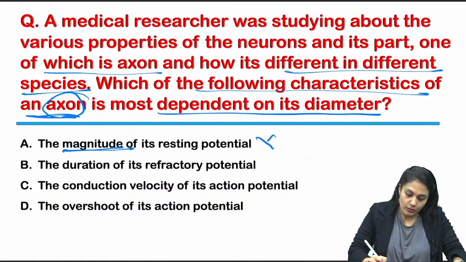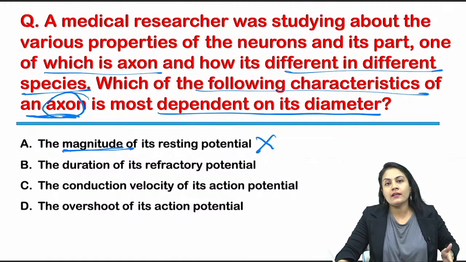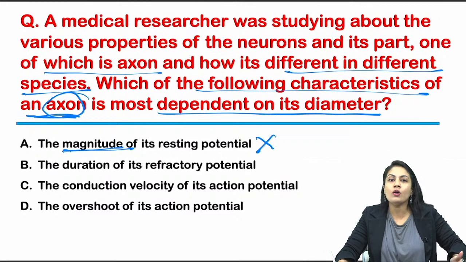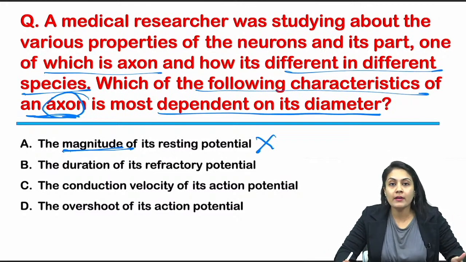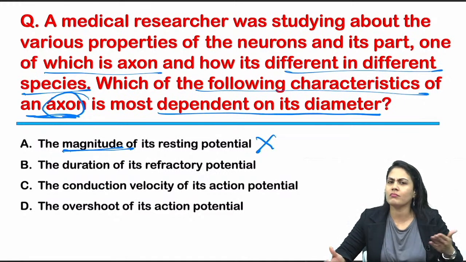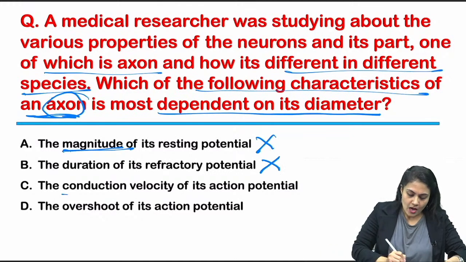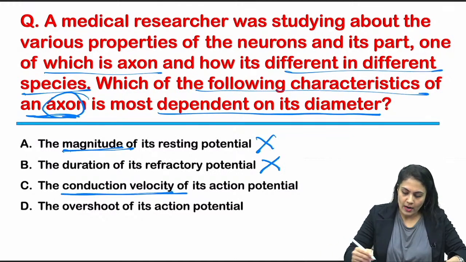So, it is not dependent. The duration of the refractory period: in the refractory period we cannot give the stimulus, but it has no correlation with the speed per se. Conduction velocity. Now understand,